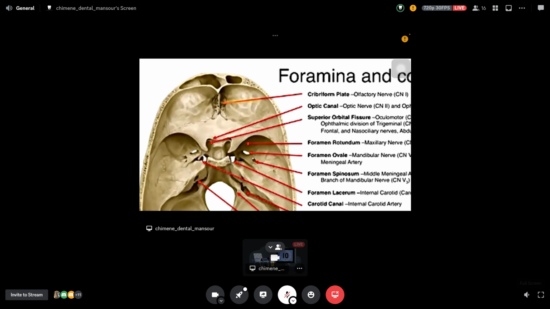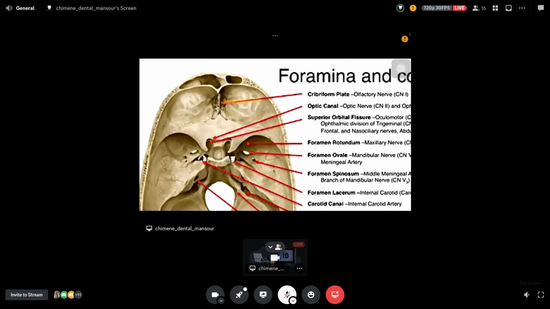So cranial nerves 9, 10, 11 pass through the jugular foramina, plus the sigmoid and inferior petrosal sinus, and the internal jugular vein. I'm going to repeat. The jugular foramina allows the passage for the sigmoid and inferior petrosal sinus, the internal jugular vein, and the cranial nerves 9, 10, and 11. So the glossopharyngeal nerve, the vagus nerve, and the accessory nerve,